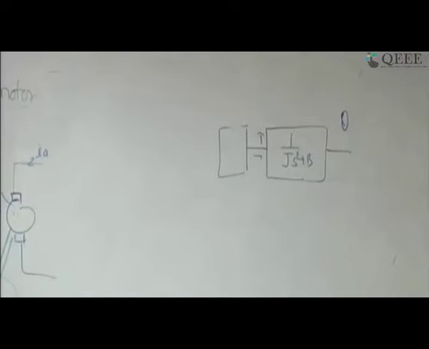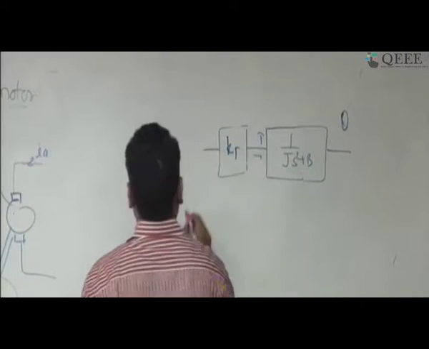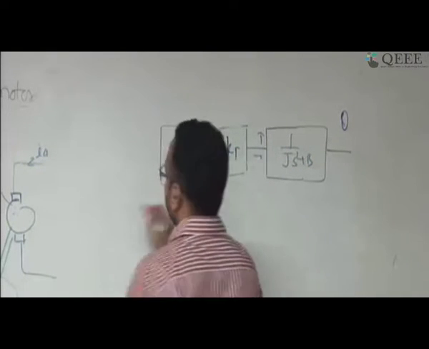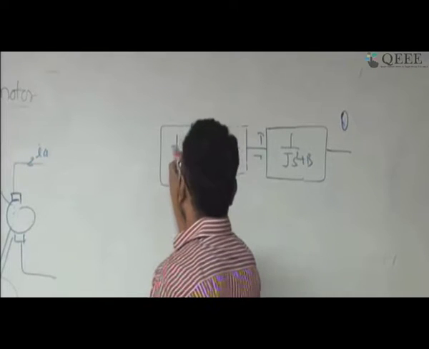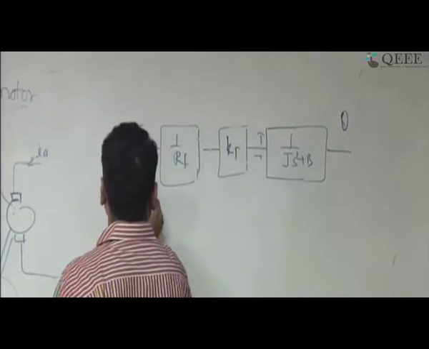How am I going to get torque? If you look at it from your fundamentals of machines, this torque is going to be proportional to Kt, If and Ia. If you go back, since Ia is constant and If is the only one varying, I am using a zeroth order system, and I am representing it by Kt. And since the field current is provided, I am writing this 1 by Rf.